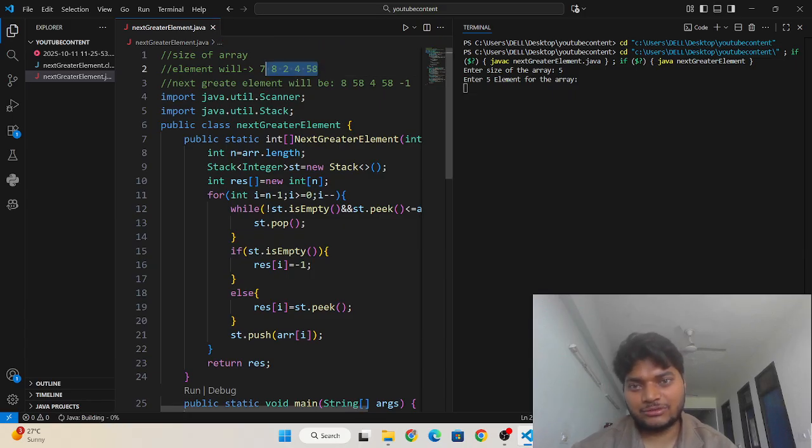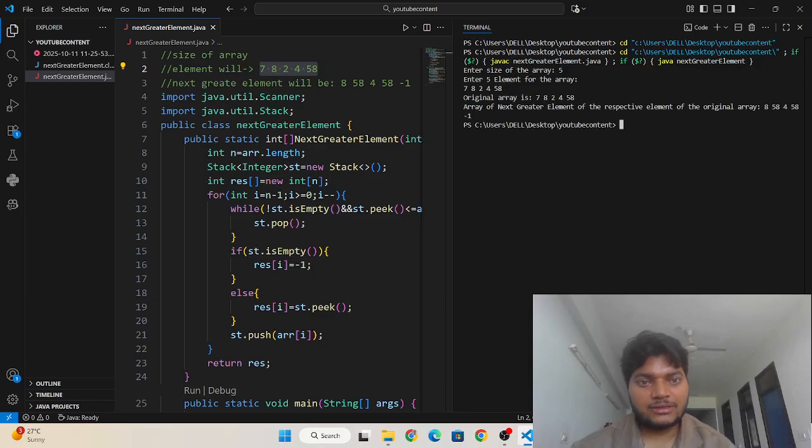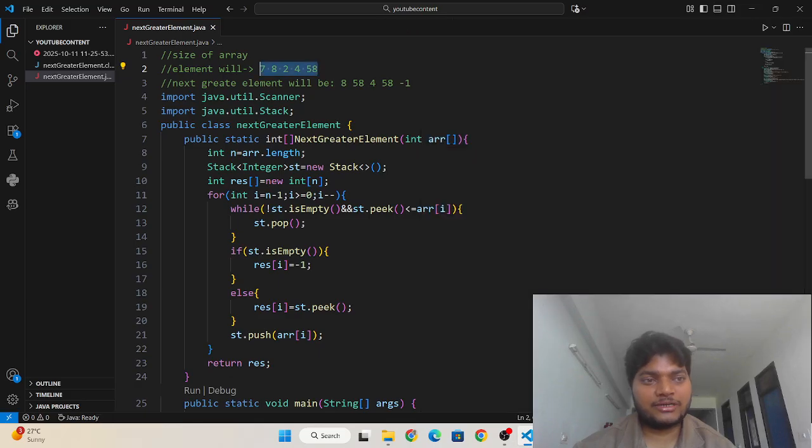I am entering this one. Okay, see, the array of next greater element of the respective element of the original array is 8, 5, 8, 4, 5 and -1. Okay, so our code is working perfectly, guys.